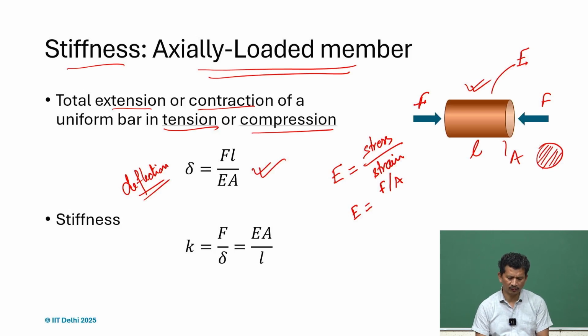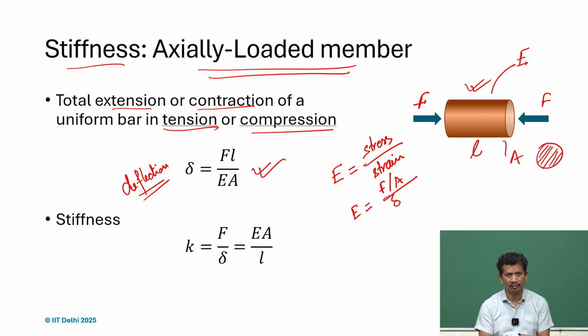Whenever a member is loaded in tension or compression, the whole cross-sectional area takes the load, and that's why it is a very optimal kind of loading, and it is the preferred choice. So, the stress is F over A and the strain is delta, the deflection,